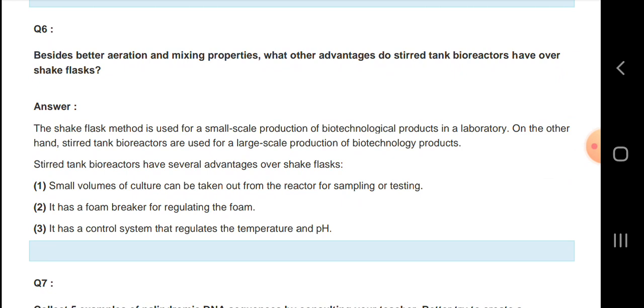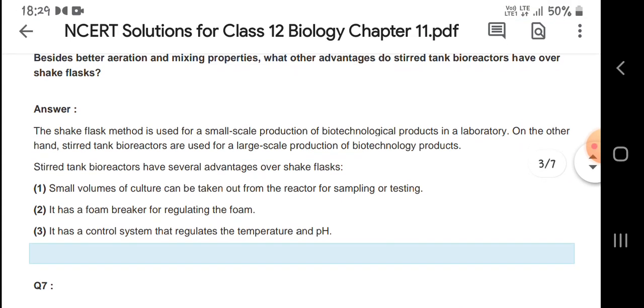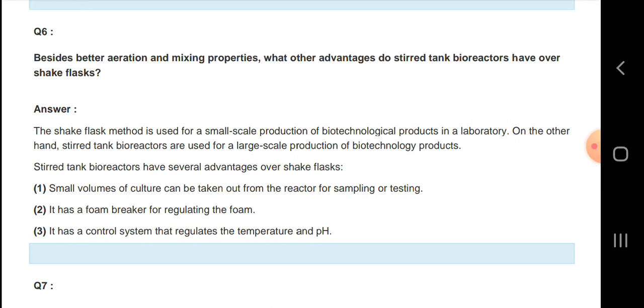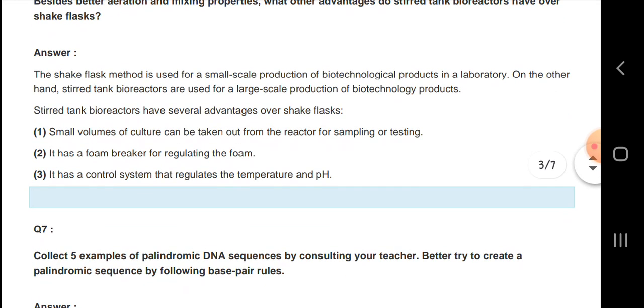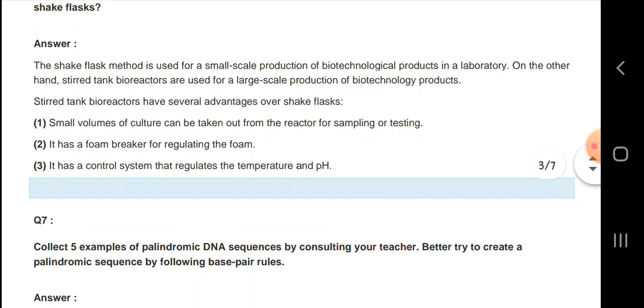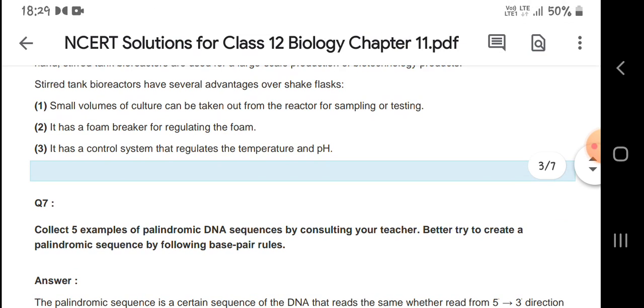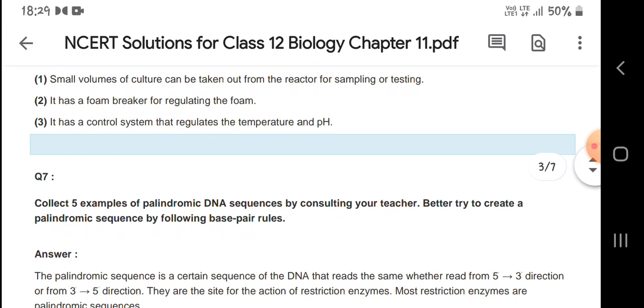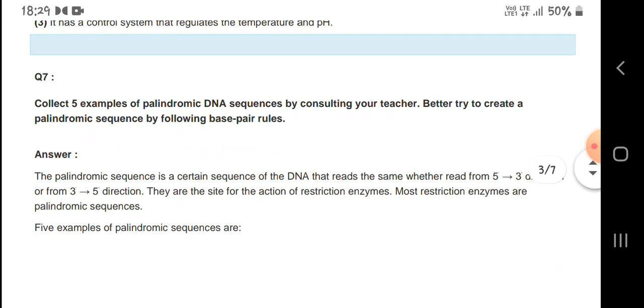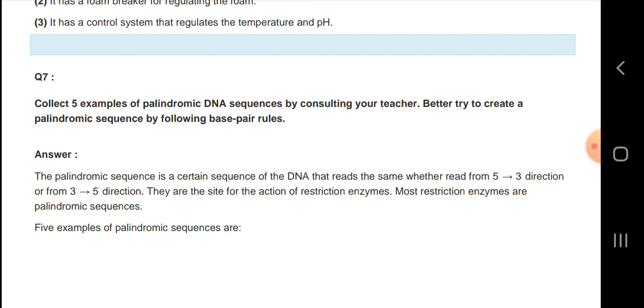Next, let us know about better aeration and mixing properties and what the advantages are. The shake flask method is used for small scale production of biotechnological products in a laboratory. On the other hand, stirred tank bioreactors are used for large scale production, and the advantages are that a small volume of culture can be taken out from the reactor for sampling or testing. It has a foam breaker for regulating foam, and it has a control system that regulates the temperature and